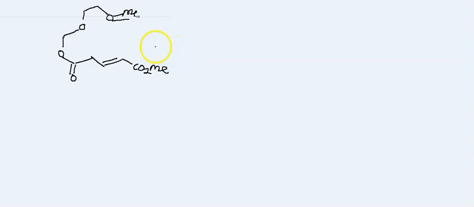This is your substrate compound, and here also given LDA in the reaction with THF. THF is the solvent, and LDA is the base